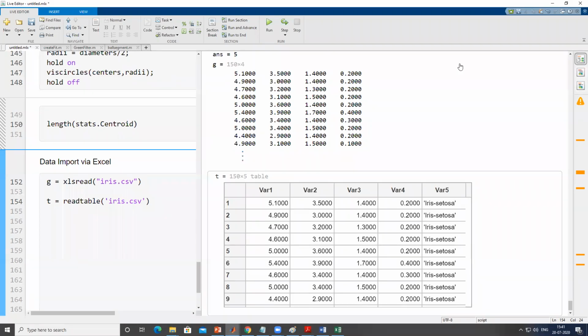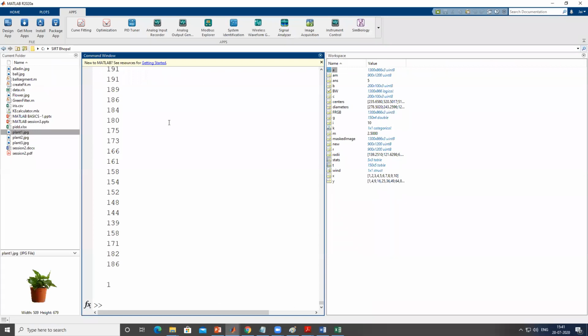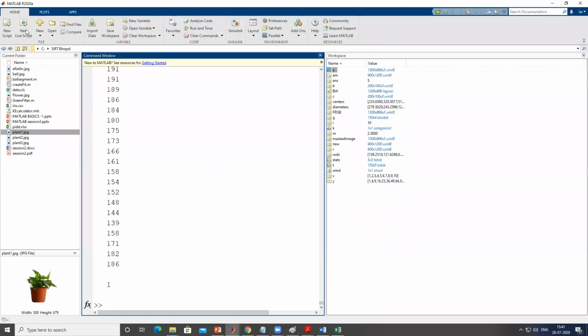Now the third method, how you can use it. In the third method, you have to use a MATLAB toolbox called Import Data. That is the third method through which you can do the same thing.